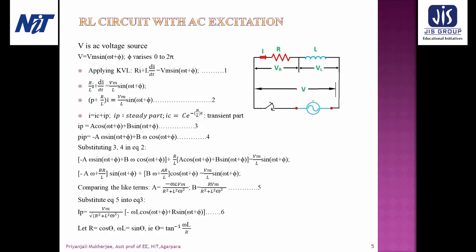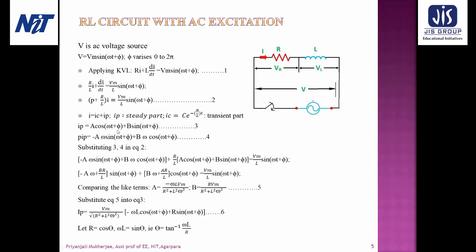Now P represents the derivative operator d/dt. So P plus R by L into i is equal to Vm by L sin(omega t plus phi). Now the current response is equal to iC plus iP, whereas iP is the forced response and iC is the complementary function, where iP is actually the steady state response and iC is the transient response